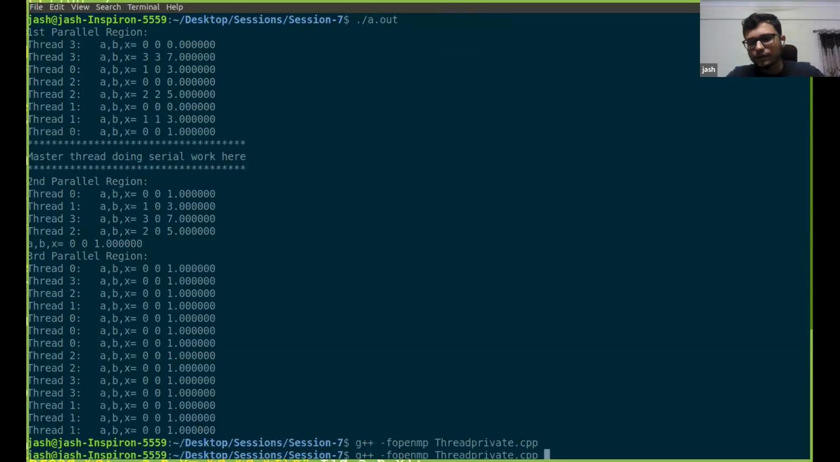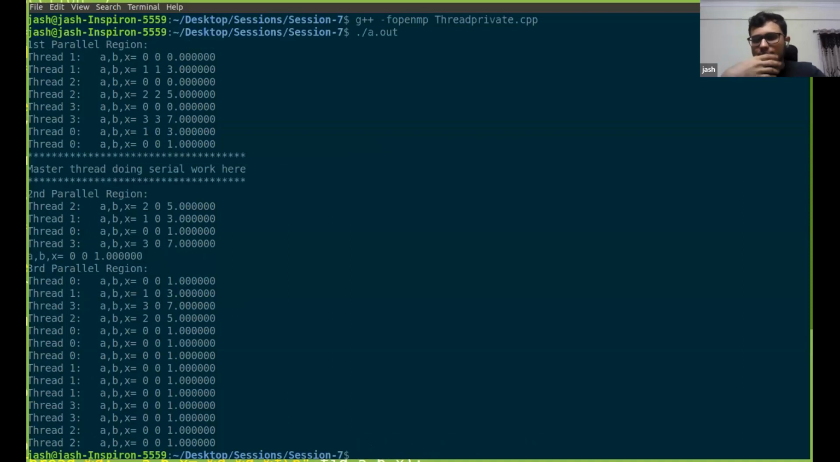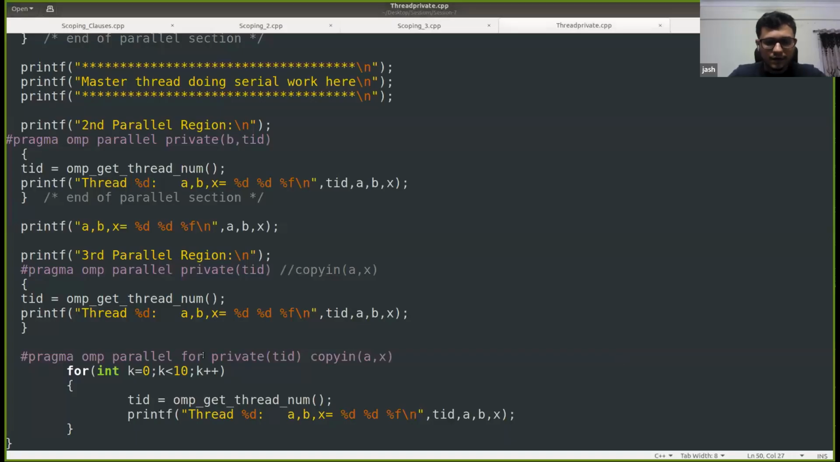Yeah, it is working, and it is giving the result. So essentially this is something new that even I was not aware of. We can use thread private variables within parallel for also, as long as we are not changing the number of threads, right? And copying also. So I think I should update this here also,